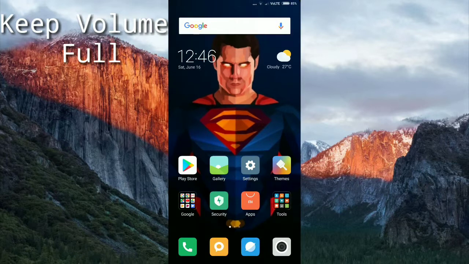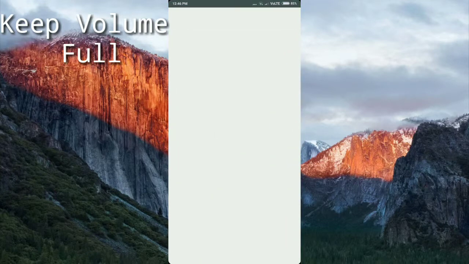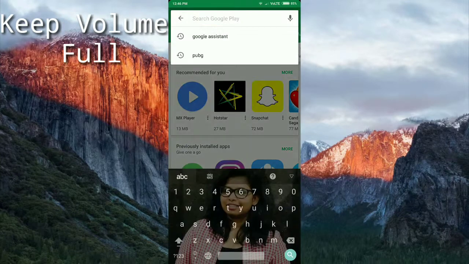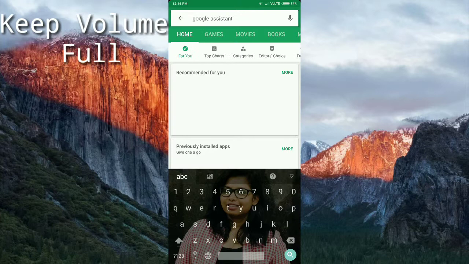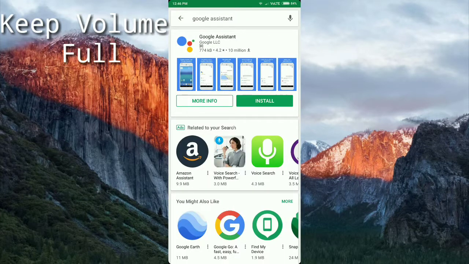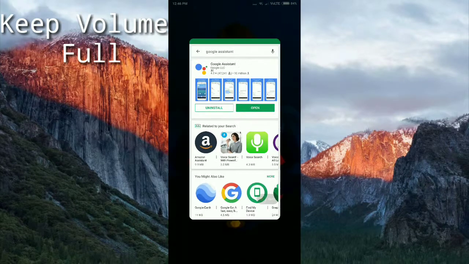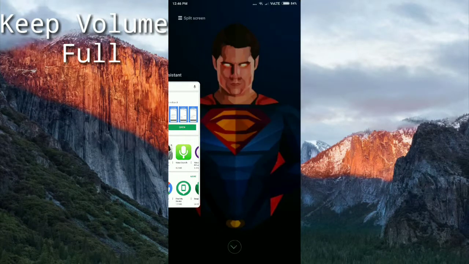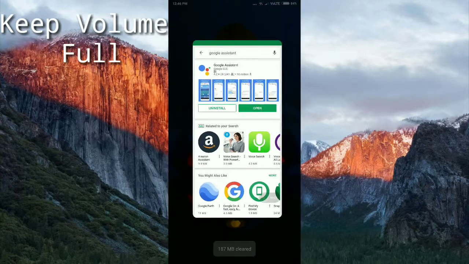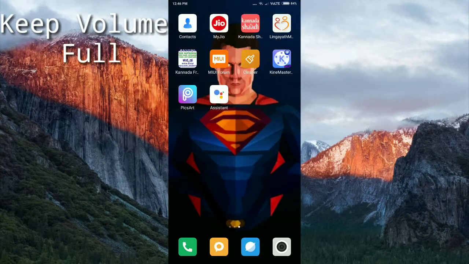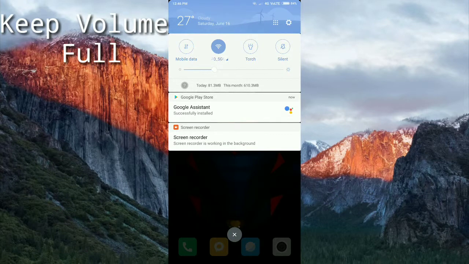To get the Google Assistant on your Redmi Note 5 Pro, first you have to open the Play Store and search for the Google Assistant application. And yes, after you get the Google Assistant application, just install it and it gets installed in a few seconds. Now clear all the apps which you have opened in your phone and just take a look whether it is